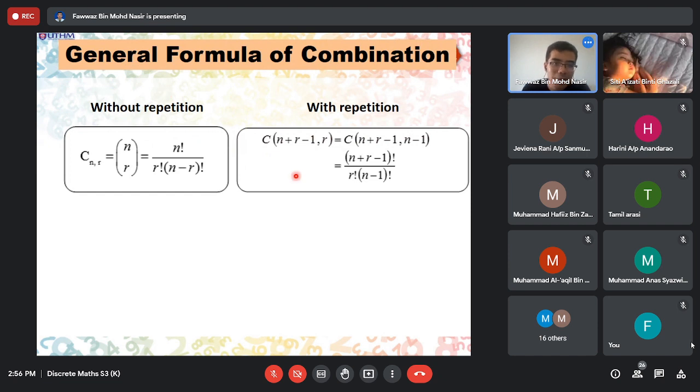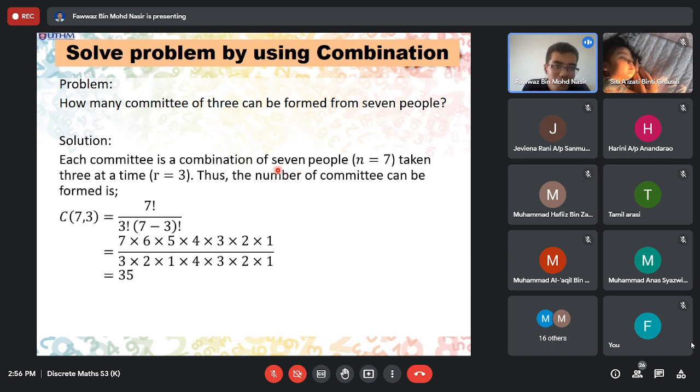So just daripada value yang kita dah identify tadi, substitute nilai-nilai tu dalam that formula. So you get C(7,3) also 7 factorial divided by 3 factorial into (7 minus 3) factorial. So you just solve this, so you get 7 factorial divided by 3 factorial times 4 factorial. Okay, so you can use your calculator ataupun kalau korang tertinggal calculator pun korang boleh